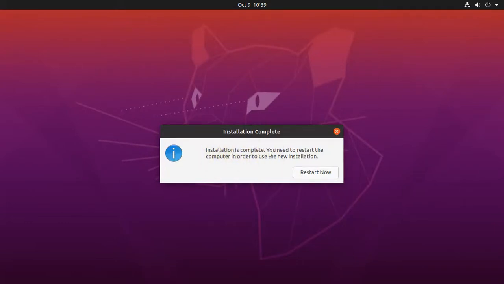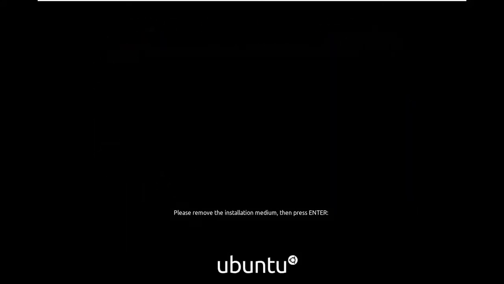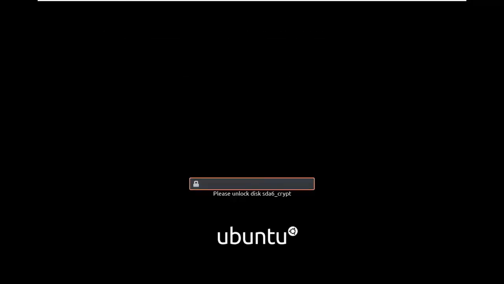You need to restart the computer in order to use the new installation, so restart now. And this is final: please remove the installation media, then press enter. We are not using any DVD or USB, so here I can just press enter.